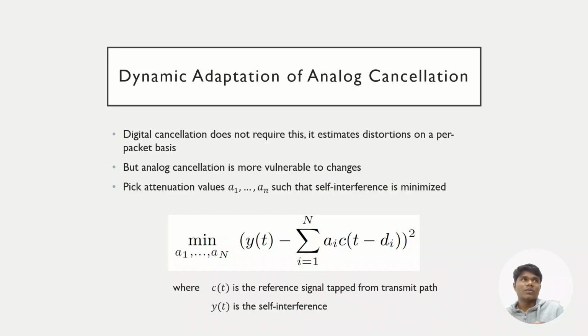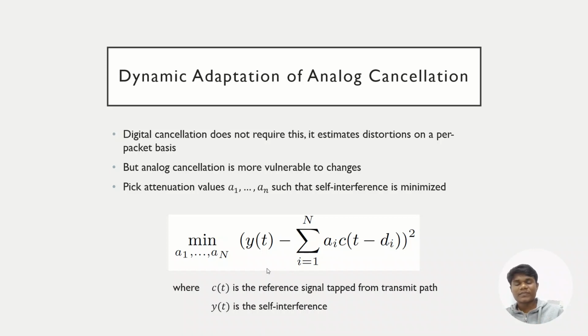So, what we are going to do is tweak those attenuation values to achieve our desired outcome. That is depicted using this formula, that is, minimize this down. And C of t is the reference signal that was tapped from the transmit path. This is the thing that we transmitted right before the circulator,